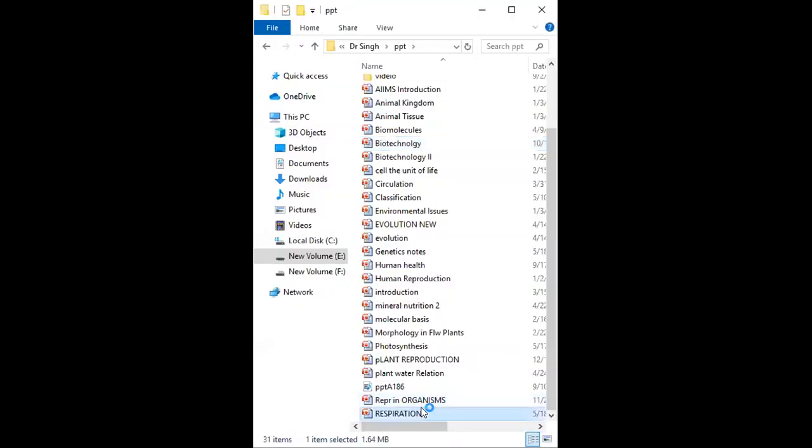In the earlier chapter, we have seen about photosynthesis. Today we'll discuss the new topic, that is the respiration. In this chapter, we are going to study about